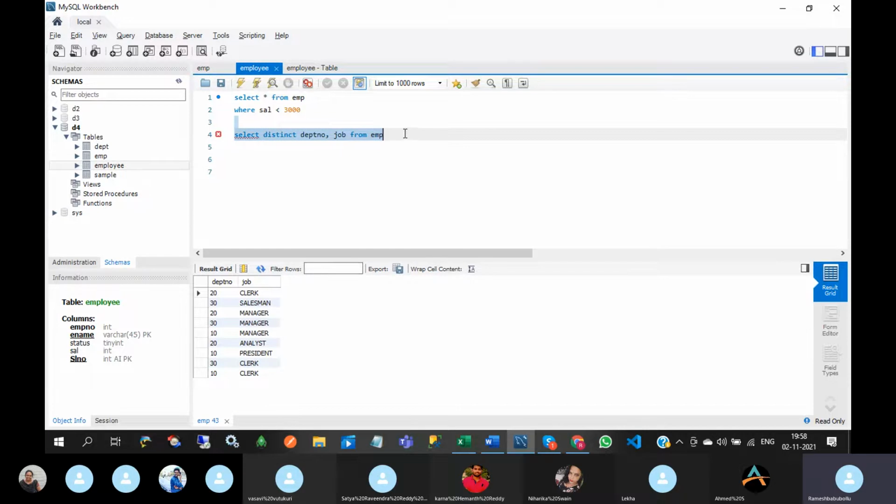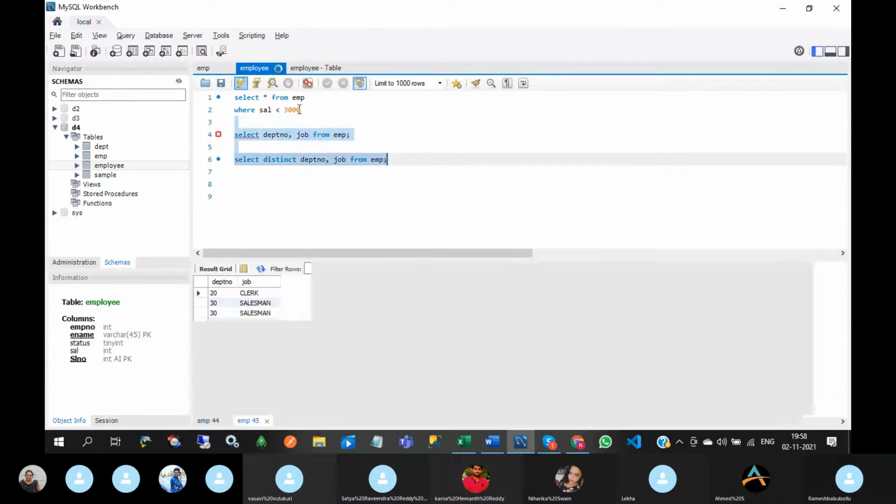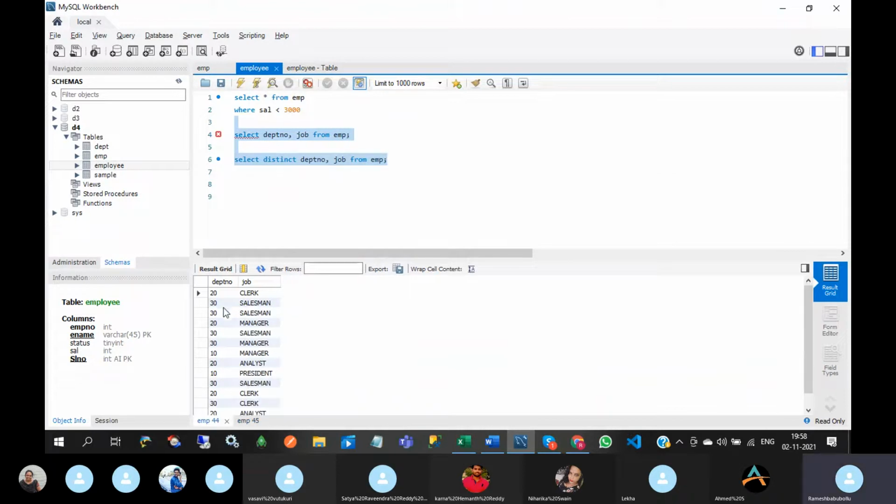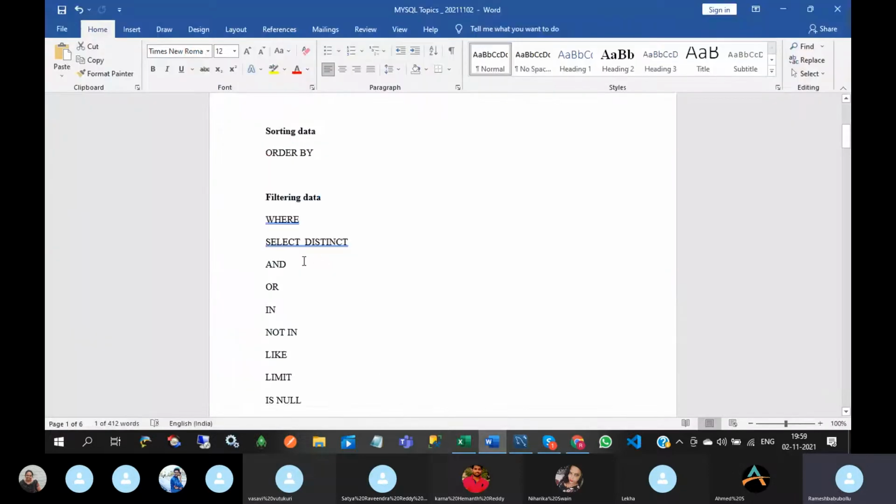See this. Here 30 salesman is coming 2 times and 3 times also. 30 salesman 3 times, but see this, 30 salesman is coming only 1 time.